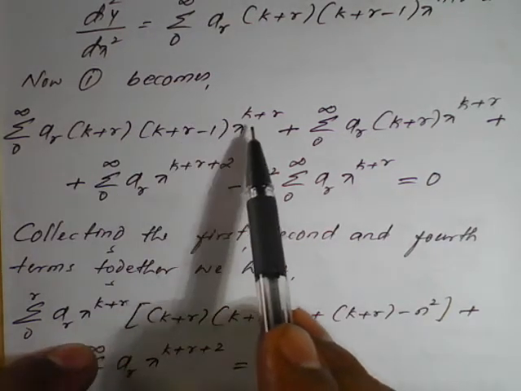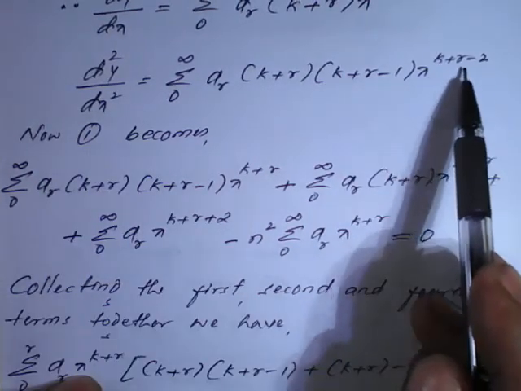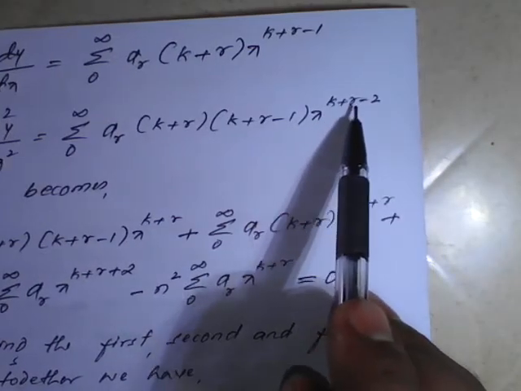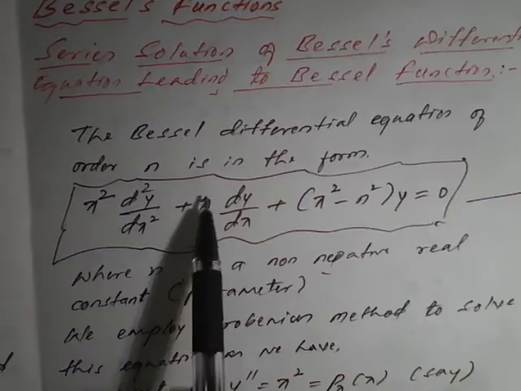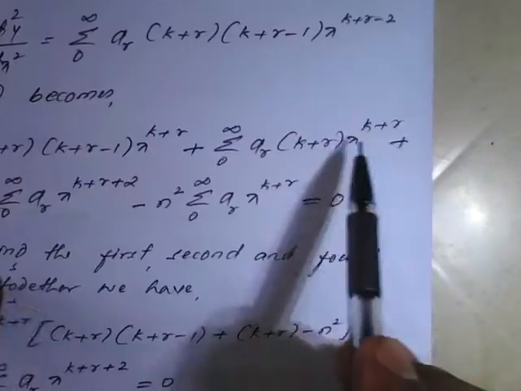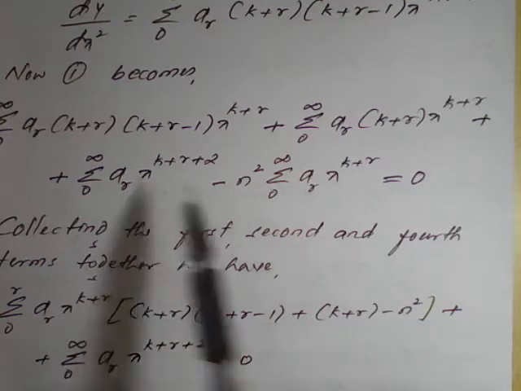You may have one question: here we have d square y upon dx square, which is (k+r)(k+r-1) x^(k+r-2). But we have x square here, so the power of x square and x raised to k+r-2, this minus 2 and plus 2 get cancelled. That's why we will get only x raised to k+r. Similarly here also the same case, it is multiplied by x, so x to the power 1, and once you separate it, the minus 1 will cancel, so we'll get k+r. The remaining we will keep as it is.